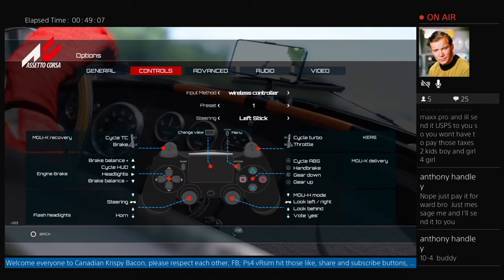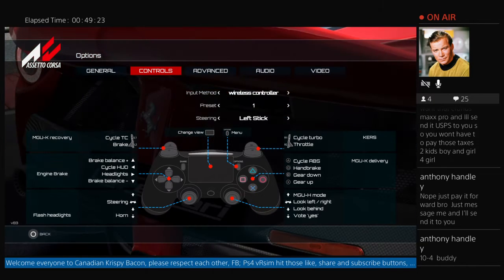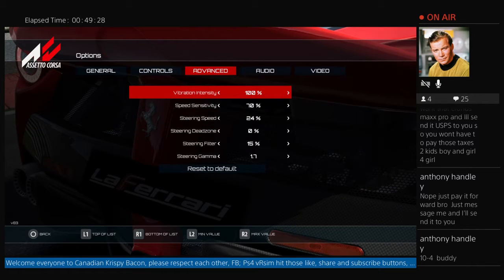I mean, on the PC version you can definitely map everything. And it makes a big difference when you can map your own controller. Now, to be honest, on PC I just use a wheel. But as far as controllers are concerned, it'd be really nice if you could map it out. Okay, so getting into our advanced settings, I like having